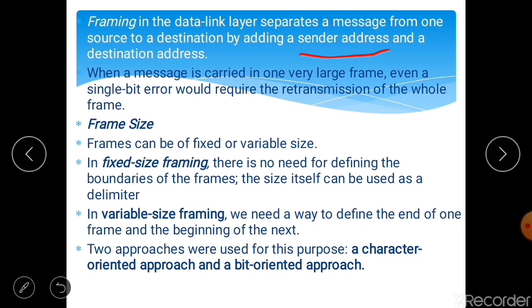So when a message is divided into smaller frames, a single bit error affects only that small frame.